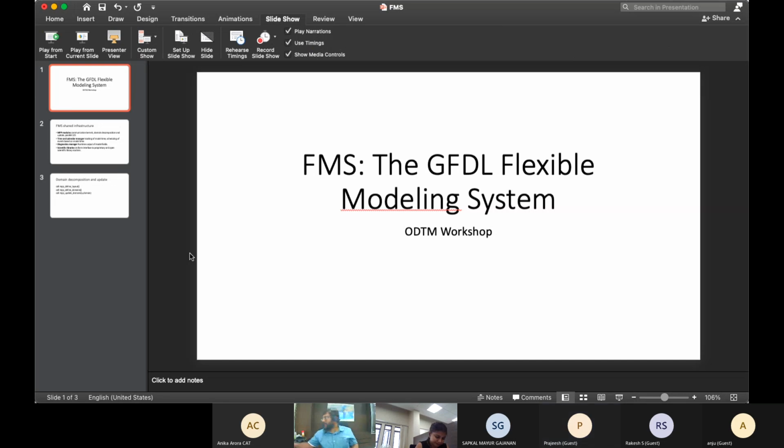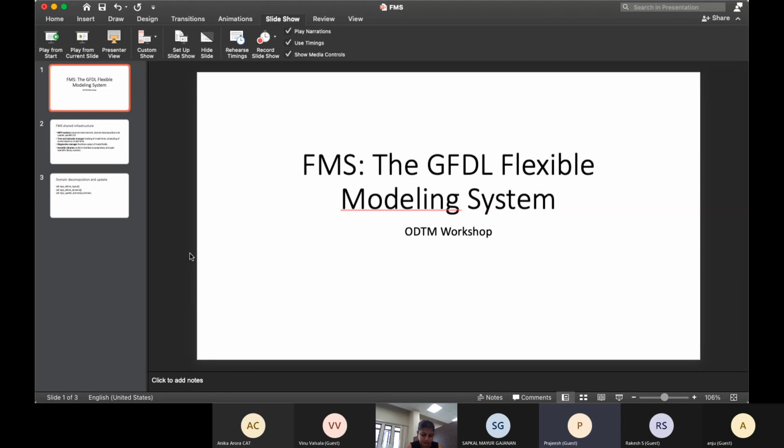So I'll be presenting about the FMS, the GFDL's Flexible Modeling System, which has been used in ODTM to parallelize the ODTM and also to do the IO, input output, and many other functionalities.